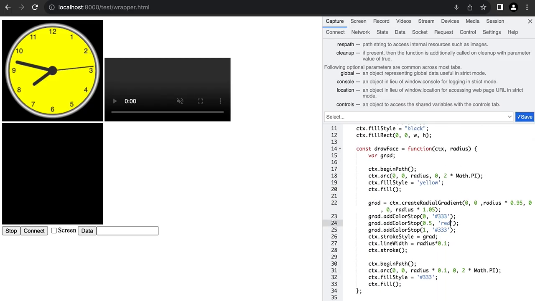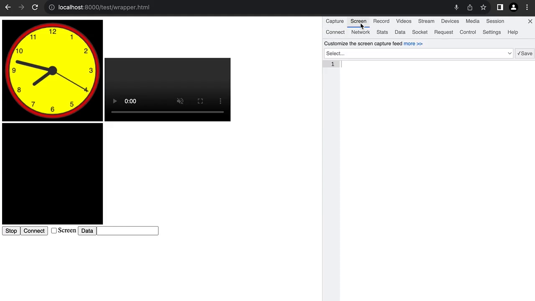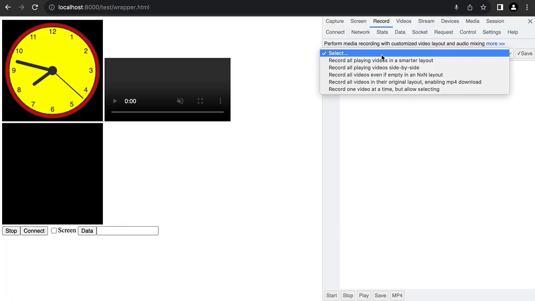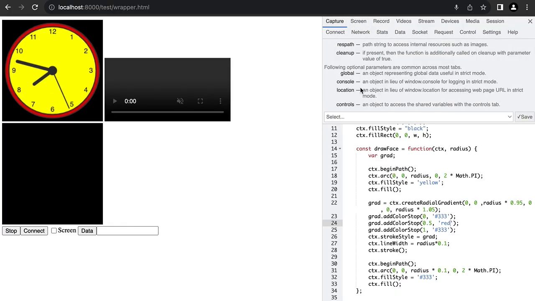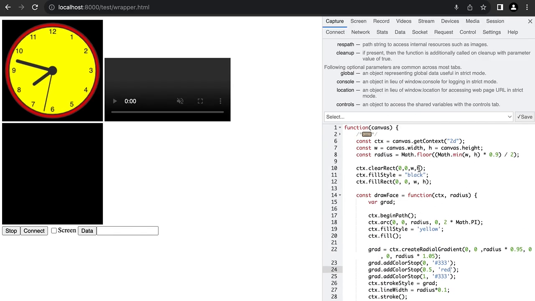Let's say change it to red, change it. Now all these functions that come in different tabs are predefined, but that doesn't mean you cannot define your own function. So you can basically completely overwrite it, write your own functions, and those get saved. So right now I made some modifications. So this is my local copy of it, and when I reload the application, the same function will be there